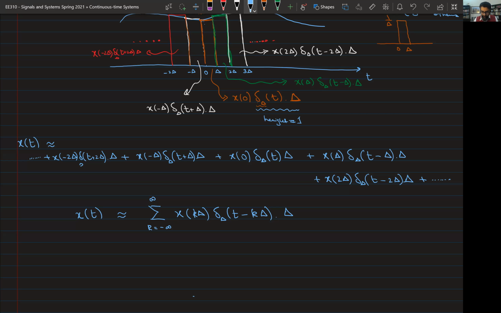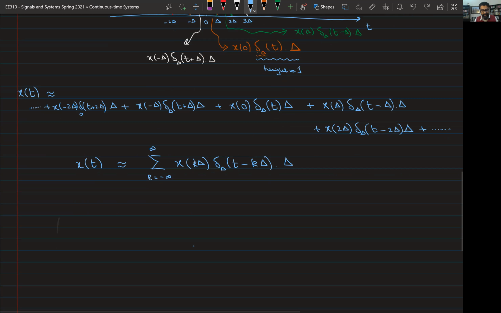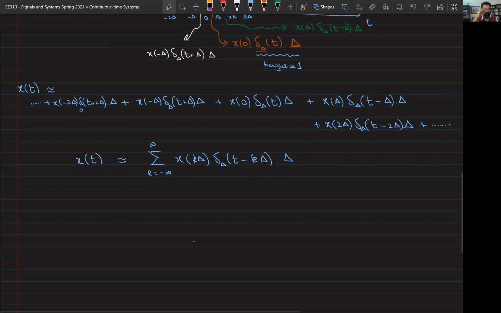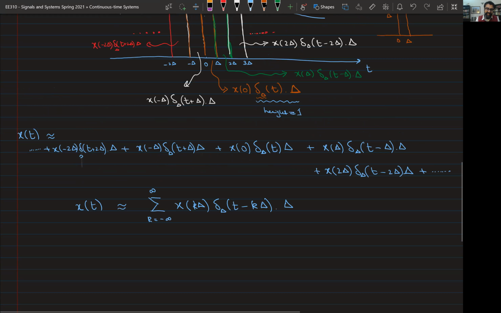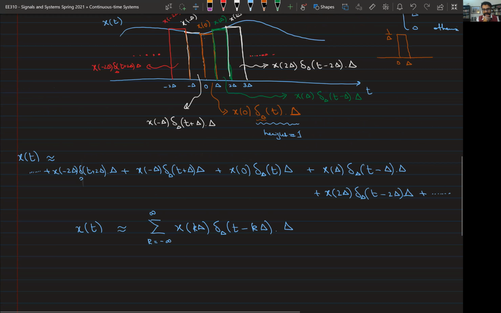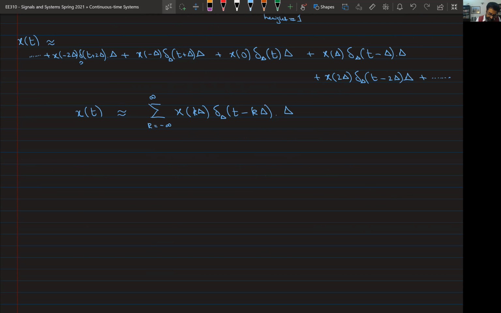And then as people point out in the chat window as well, this is still an approximation. Why is this an approximation? Because you have this staircase approximation of the actual signal. When does this approximation become exact? Deepala? So what do you think? Limit, okay. Excellent. So this approximation becomes exact, as people point out,